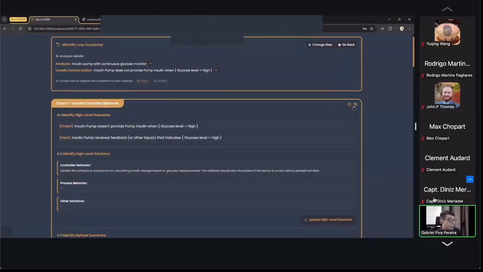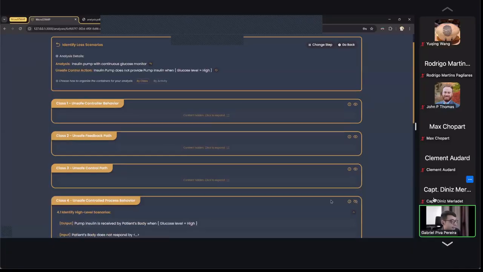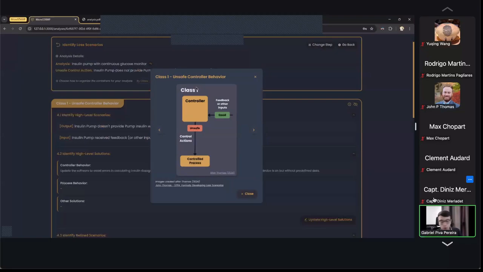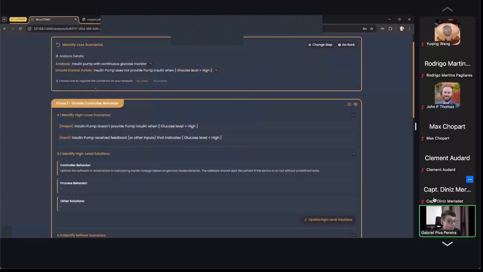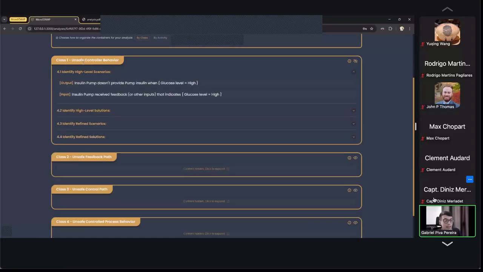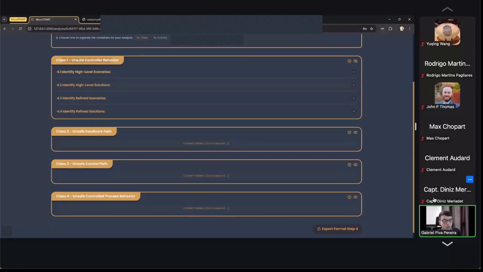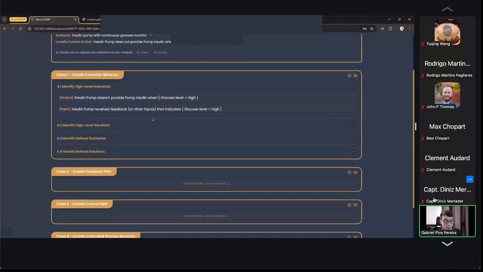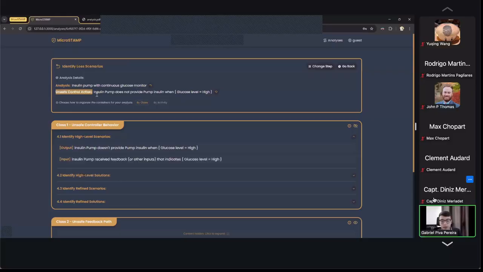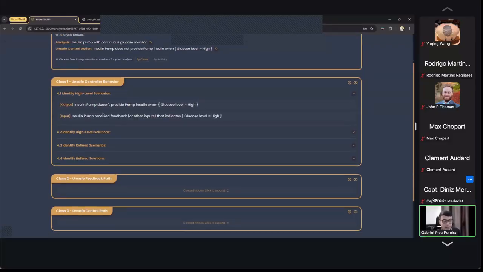On this page, we have the page organized in 4 containers, and each container represents a class from the formal approach. We also have a reference image for all the classes here: class 1, the unsafe controller behavior, the unsafe feedback path, class 3, and class 4. Inside each container, we have the 4 activities for that related class. For the first class, we have the 4 activities. They identify high-level scenarios, and the high-level scenarios are automatically generated by the tool using the unsafe control action that we are analyzing. And from the high-level scenarios, we can